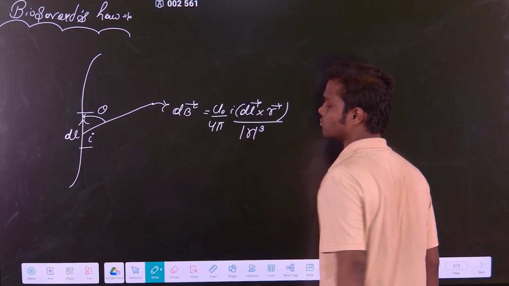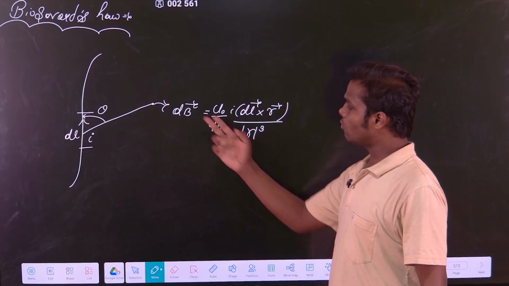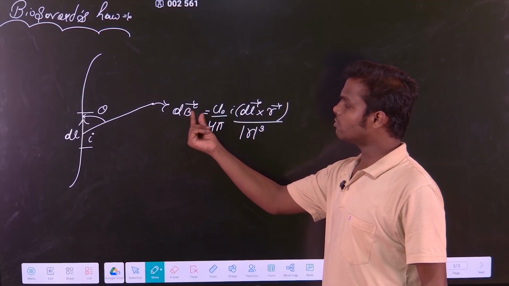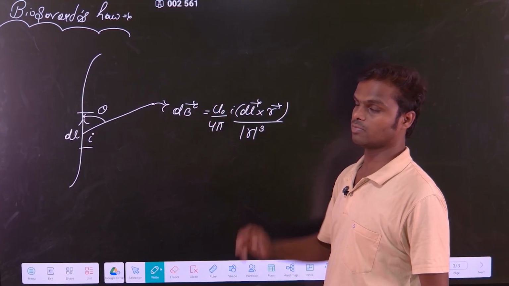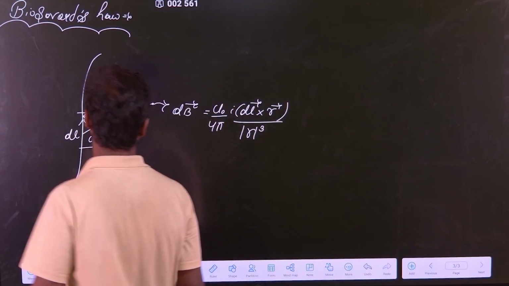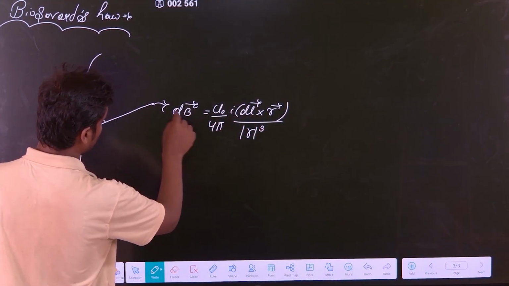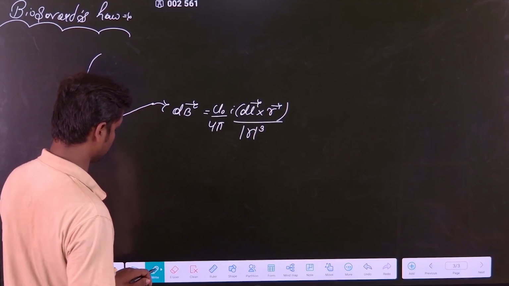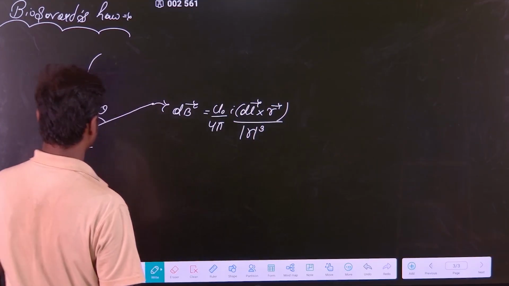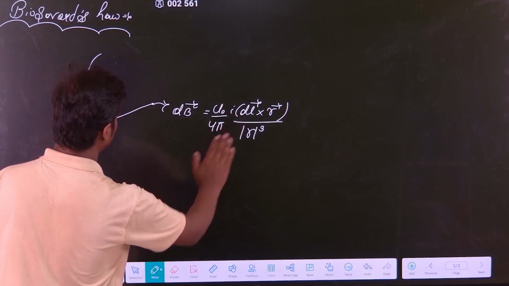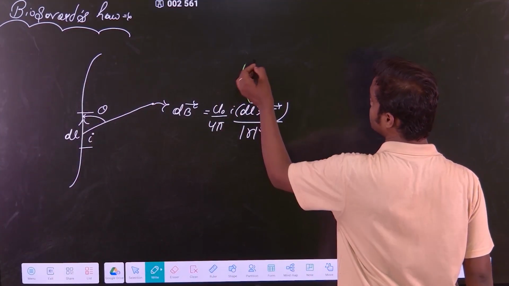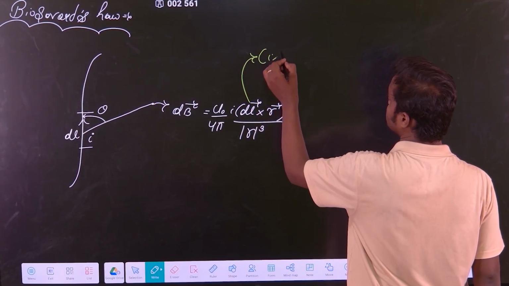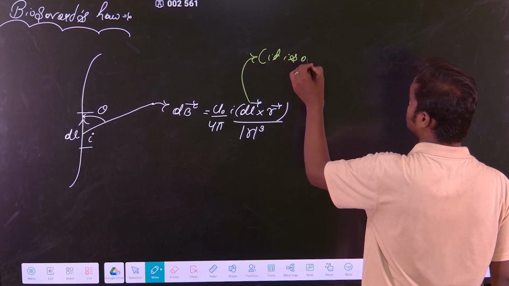upon mod of r vector whole cube. Now, why am I telling you that you should remember the cross product? Because only by doing this cross product will you get the direction of the B vector. So if I ask you what is the direction of the magnetic field at this point, can you tell me? What is the method? First keep your hand in the direction of dl. See, what will be the direction of dl? My question, first thing is, what is the direction of dl, sir? It is along